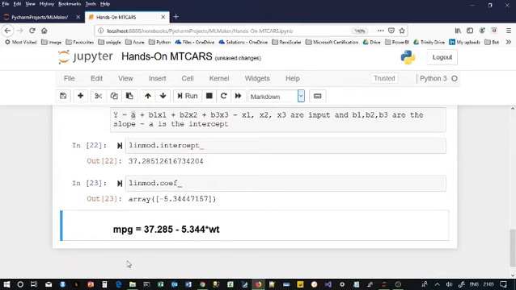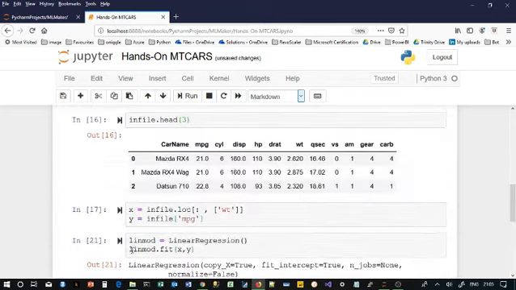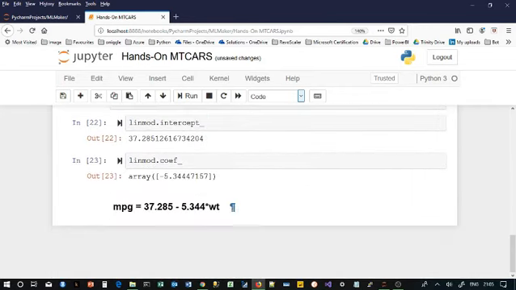So what it means is, if you look at the weight of the car, which is currently in tons, for every ton that you add to the weight of the car, the mileage comes down by about 5.34.